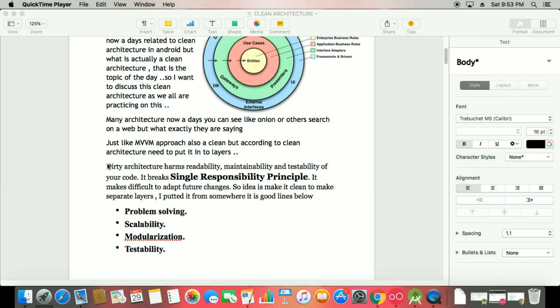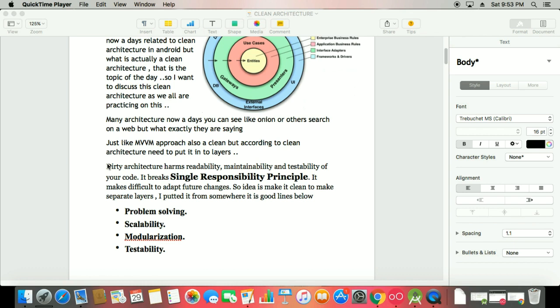It is just like when we do not use any MVVM, MVP or MVC approach and simply build the apps, so where is the logic, where are the adapters, and a lot of complexity appears. That kind of architecture we can call dirty. It has readability issues, and in the future maintainability issues and testability issues. So that is the theory, and that is called dirty architecture.